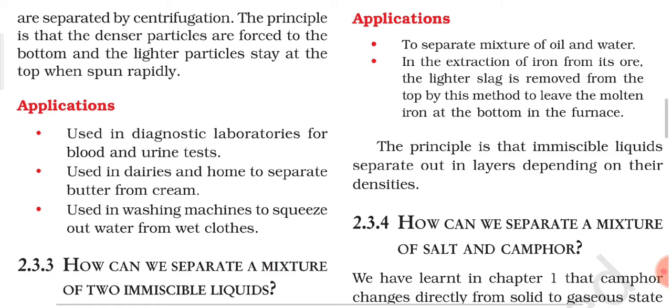The other term is miscible liquid. The meaning of miscible liquid is just the opposite of that of immiscible liquid. It is a mixture of two different liquid components which are completely mixed with each other. For miscible liquids, you can have an example like alcohol and water, because when you mix alcohol and water together, they are completely mixed with each other.